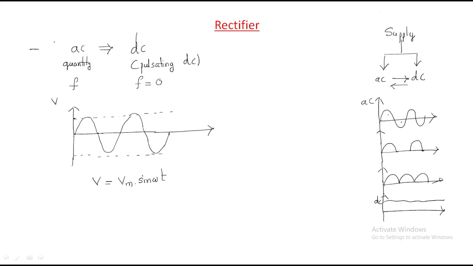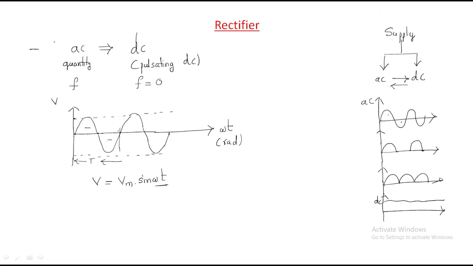This is a sinusoidal waveform, and the x-axis is omega t. What are the units? Radians. Why radians? Omega is in radians per second and time is in seconds, so that's why it is in terms of radians. This is one positive half cycle and one negative half cycle. We can call it one cycle. This is called the time period, generally represented with T. The time period is nothing but a positive half cycle and a negative half cycle.